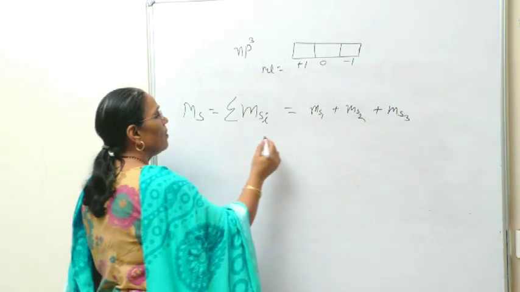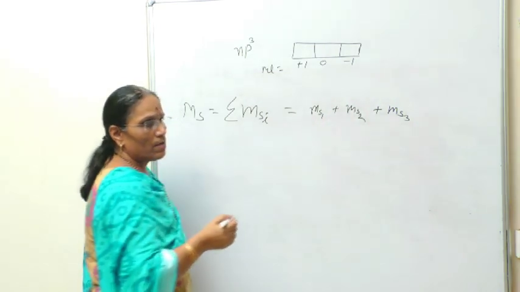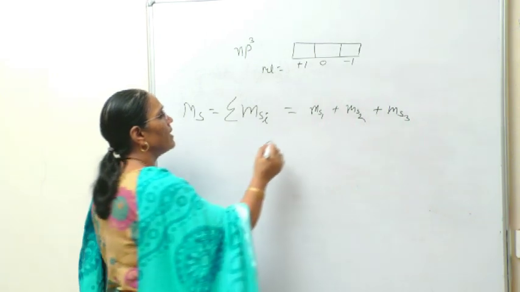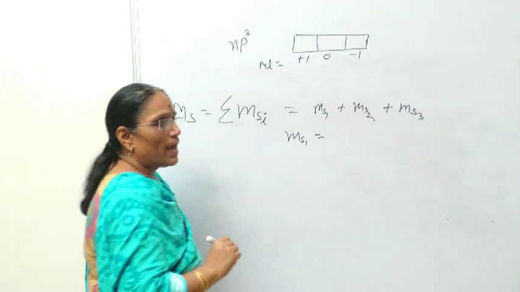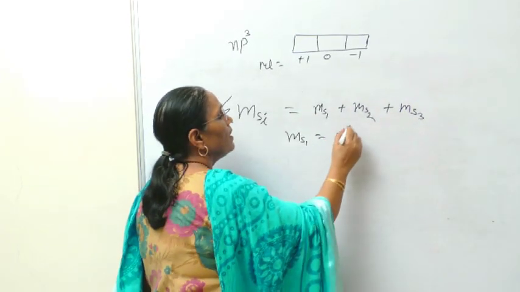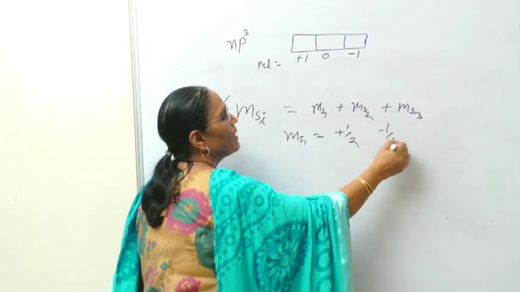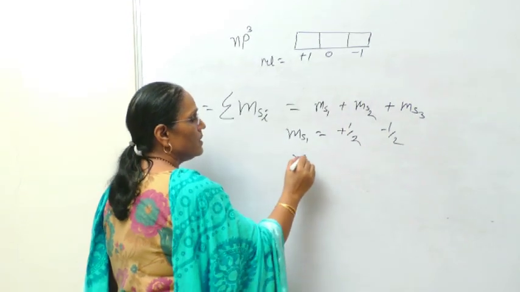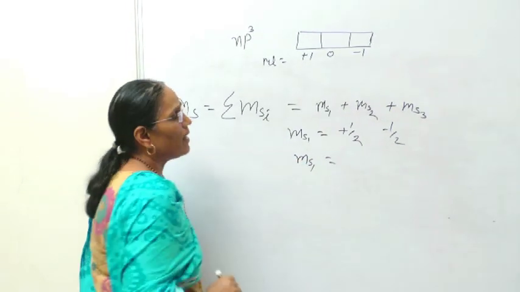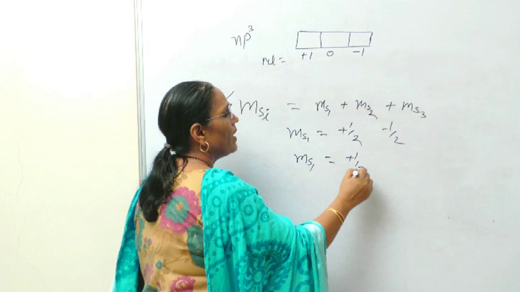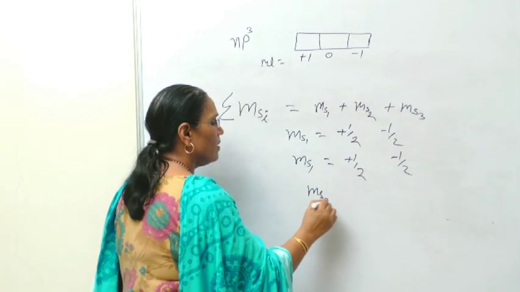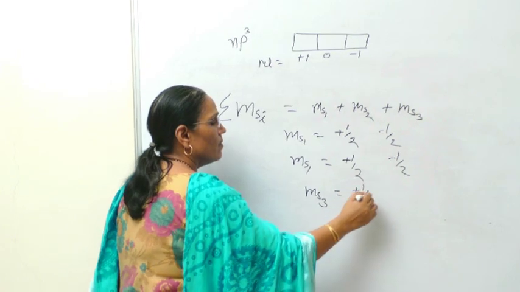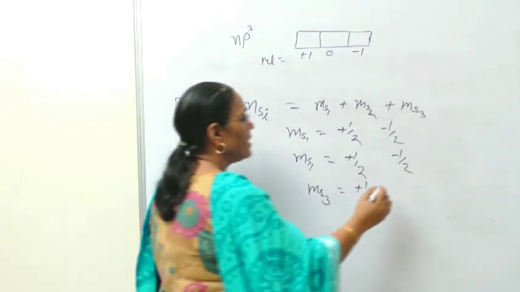As only 2 values are possible for each electron, that is +1/2 and -1/2, the first electron can have either +1/2 or -1/2 spin. Similarly, the second electron can also have +1/2 as well as -1/2, and the third electron can also possess +1/2